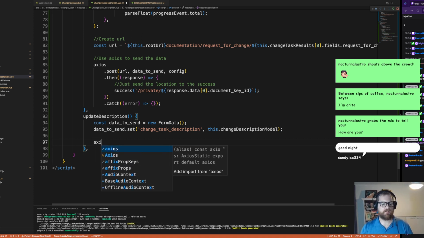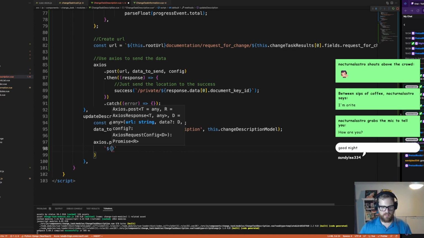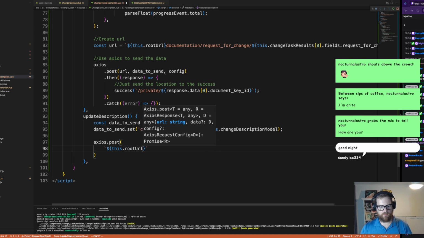I think, yes, we're using it in here. Axios dot post. We essentially will have the URL, which will most likely be this dot root URL, followed by